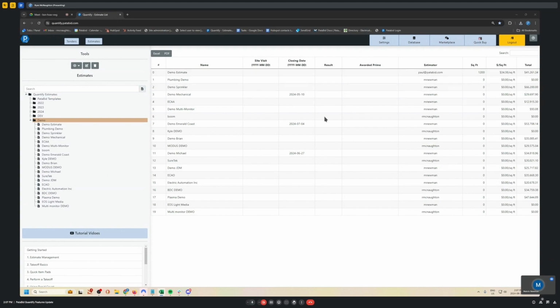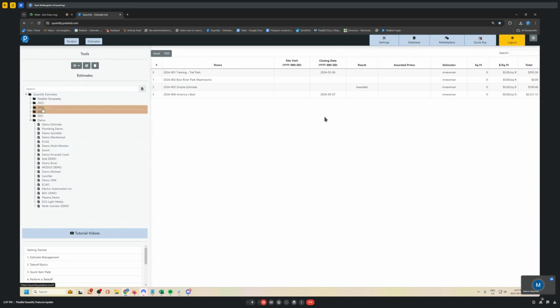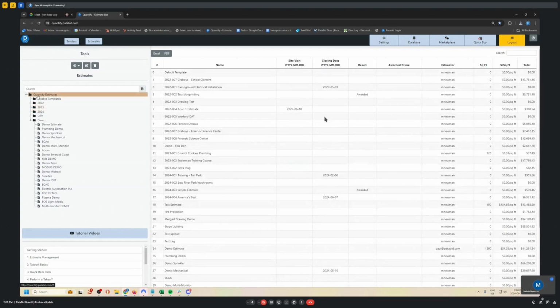And this is also why we recommend structuring your folders by year. So you could, for example, in this case, click on the 2024 year, the 2023 year, see how things have progressed. If you click on the top level folder, the Quantify Estimates one, it will show you everything that you've ever done. So this is a new feature, again, just to help you track your statistics